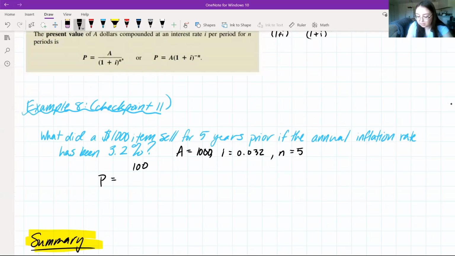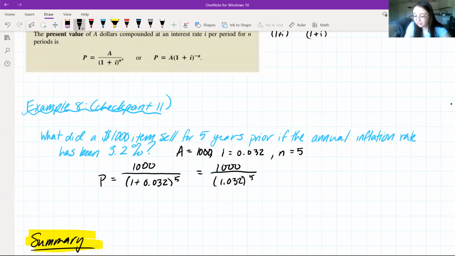So we get 1,000 divided by 1 plus 0.032 to the 5th power. And if we just want to simplify whatever is inside our parentheses, this just gives us 1,000 divided by 1.032 to the 5th power. And I invite you to calculate this value on your own. And if you do, you should end up getting